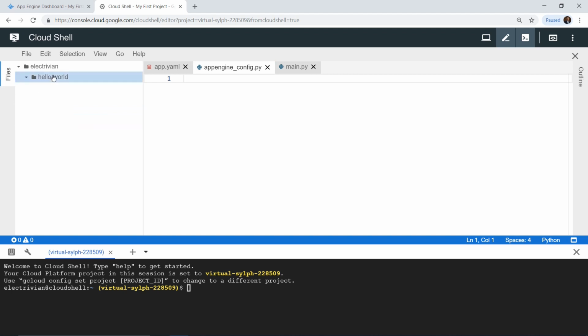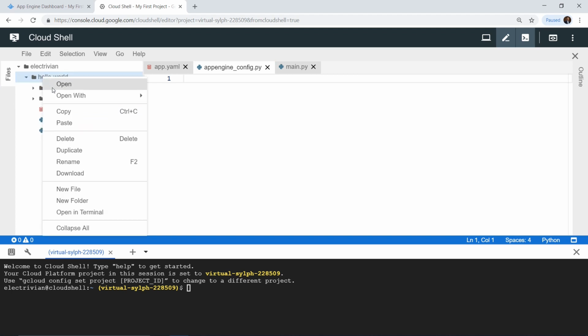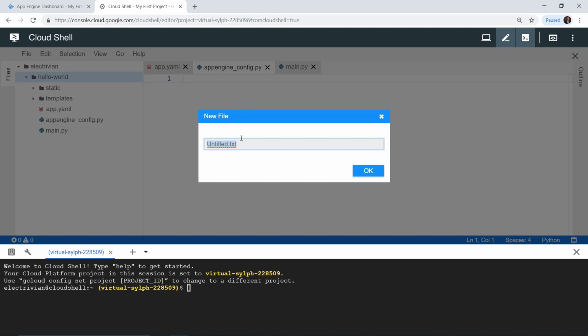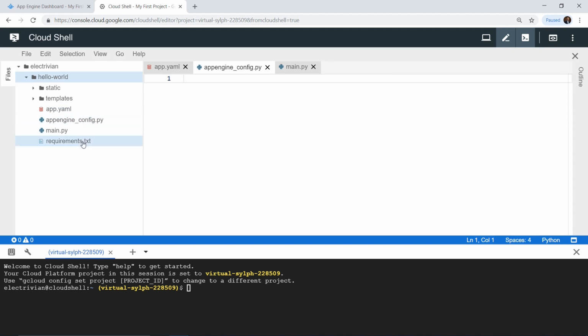Okay, so we need another file which will be holding all of the different requirements which we'll be using for this particular project. It is a good practice to always have a requirements.txt file. This file will contain all of the different modules which you need for your project. Okay, so now we have created a requirements.txt file, and yes, this is pretty much it for the initial structure of the project.